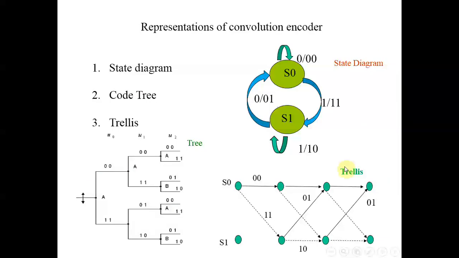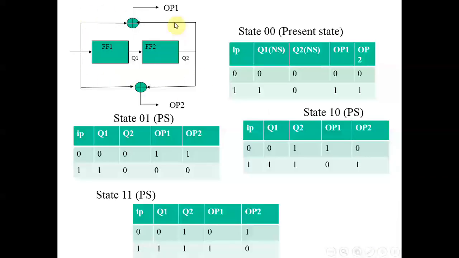So to discuss the first representation, that is state diagram, I'm going to take help of the convolutional encoder, which we have already discussed. This is a very typical conventional convolutional encoder, which is covered in most of the textbooks. So it has two flip-flops, then two XOR gates. This is 1/2 convolutional encoder because for one input you are going to get two outputs at a time. So once we decide this particular convolutional encoder, the next task is to draw the state table of the convolutional encoder, because the state table will be converted to state diagram.